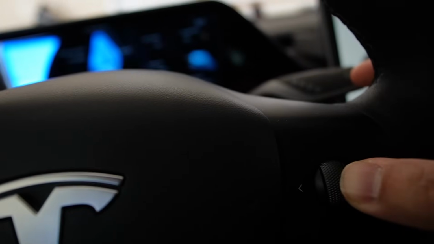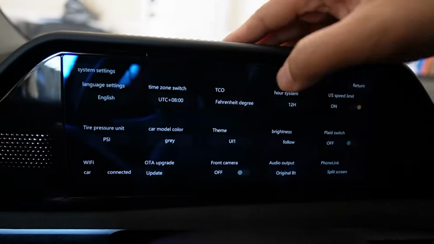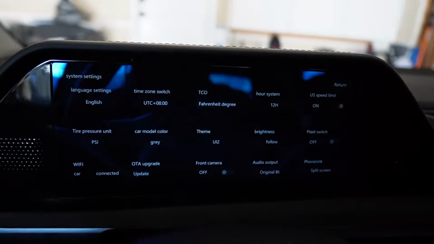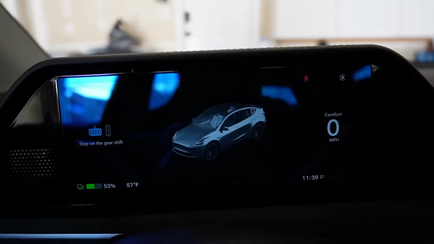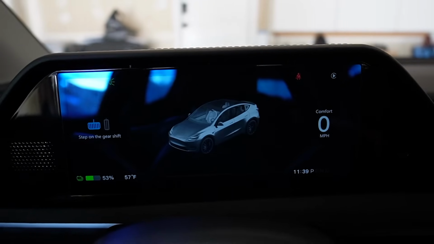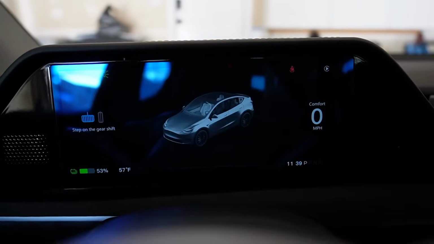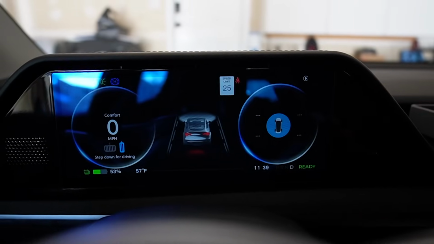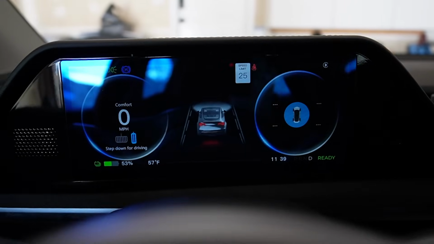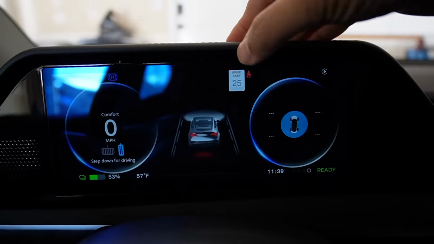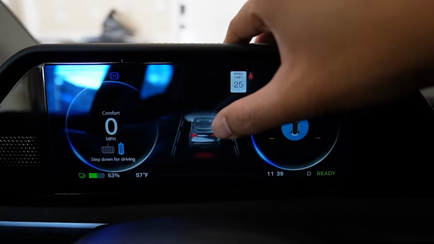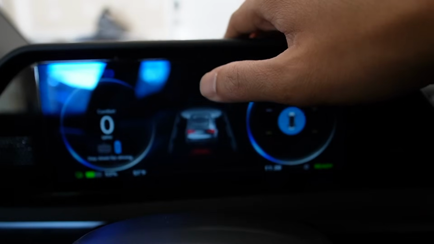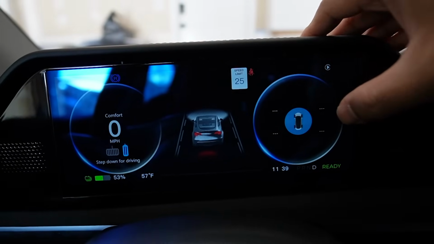So go to the main menu again, and then you can just press this button right here, and now you switch the UI. Let's go back. Now you shift. You don't see a difference right now when you are in park, but when you press on the brake and shift to drive, now the whole thing is entirely different. So you see the speed limit here on the top right, the car status in the middle. As you can see, it matches my car color, which is gray, and you have the tire temperature and the